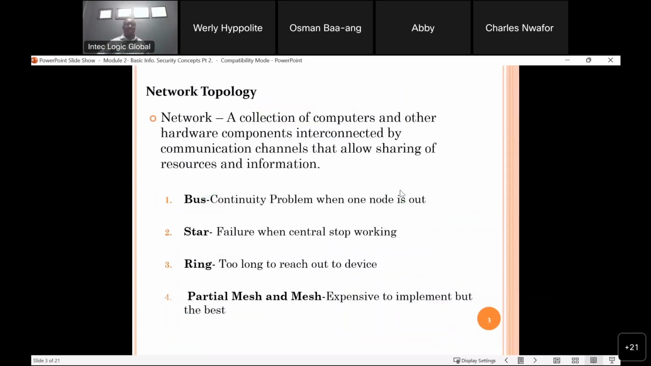Good. So we have network topology. A network is a collection of computers and other hardware components interconnected by communication channels that allow sharing of resources and information. So as the name sounds,